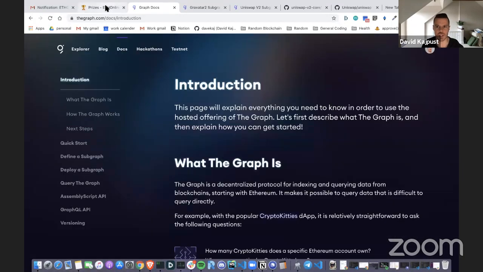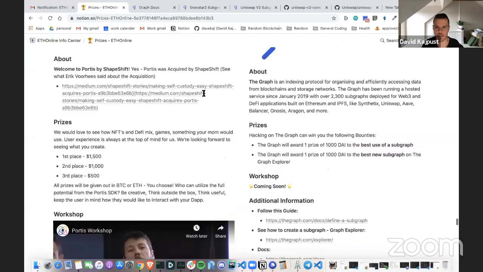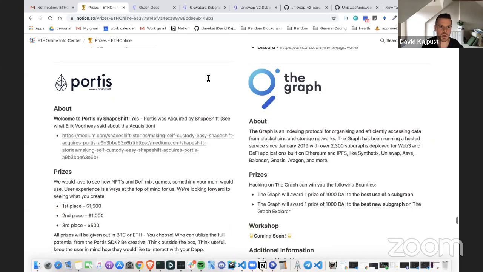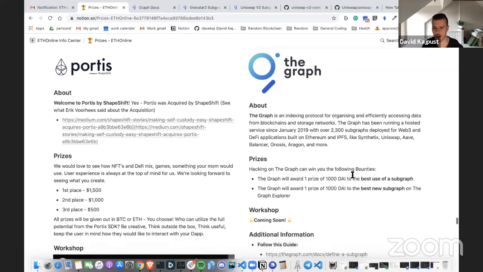Something else I should mention as well is the prizes that we are giving away for the ETHOnline hackathon. It is one prize of 1,000 DAI for the best use of a subgraph, and it is another prize for the best new subgraph. So what that basically means,